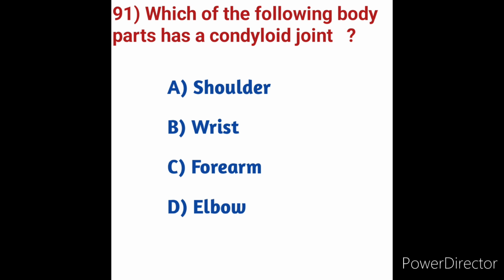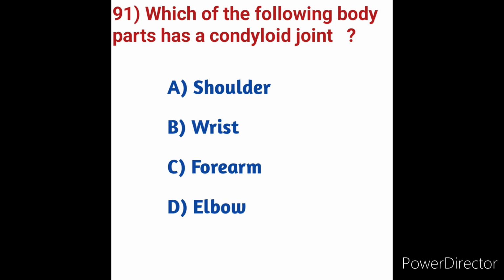The wrist joint, also referred to as the radiocarpal joint, is a condyloid synovial joint of the distal upper limb that connects and serves as a transition point between the forearm and hand. A condyloid joint is a modified ball and socket joint that allows for flexion, extension, abduction and adduction movements.